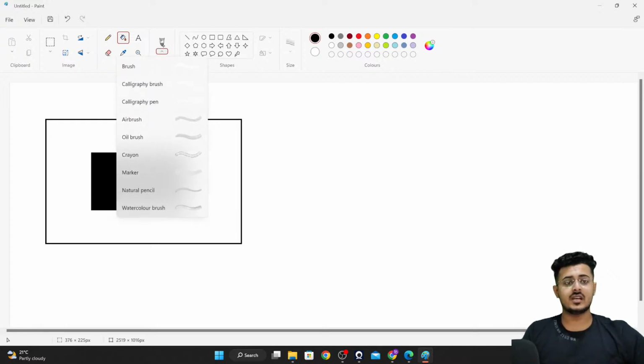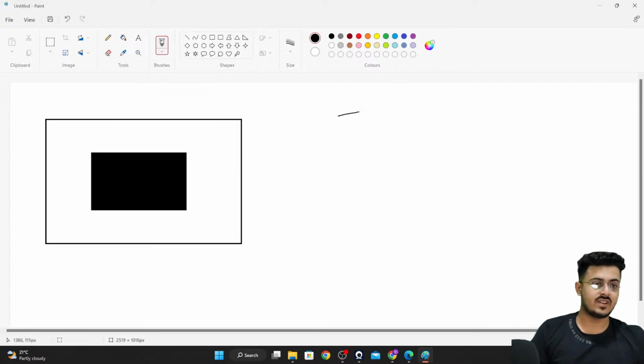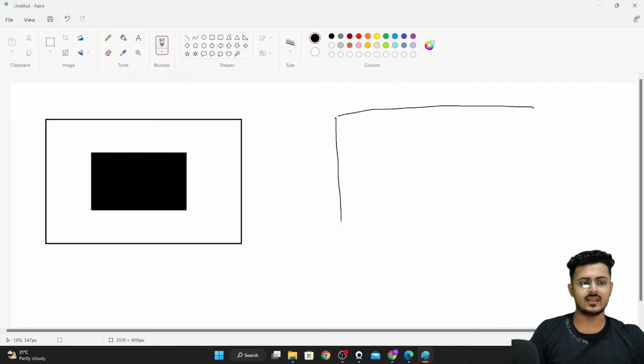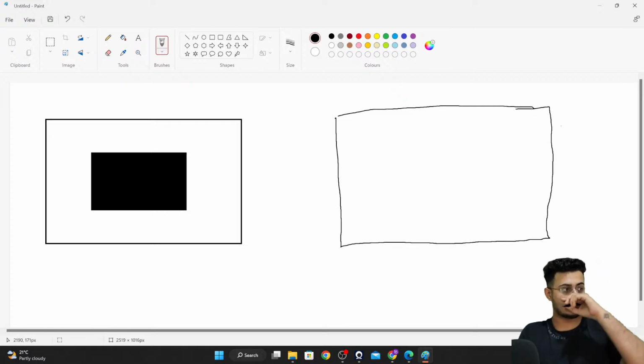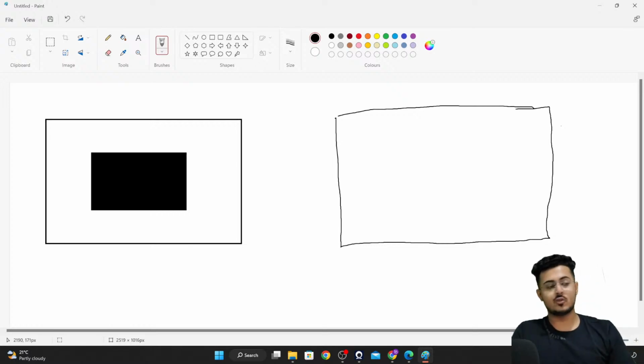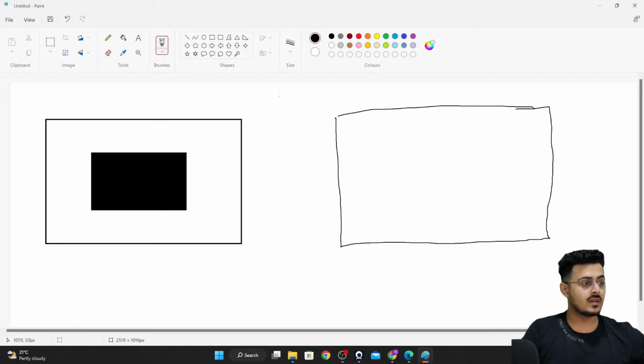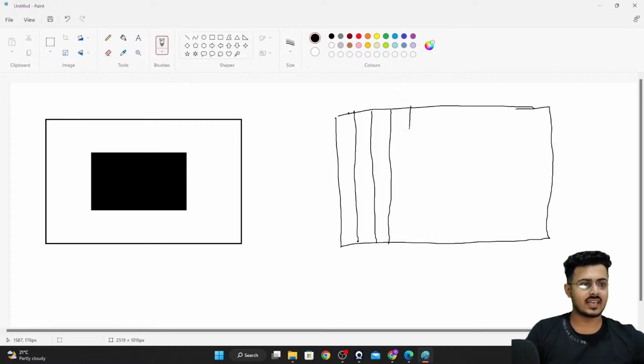For a computer, a computer will understand this image like this. You guys know about matrices, right? In mathematics, you must have learned about two-dimensional matrices. I don't think there is anybody who doesn't understand what a two-dimensional matrix is. Amazing, good guys. So this image will be understood by the computer as a matrix